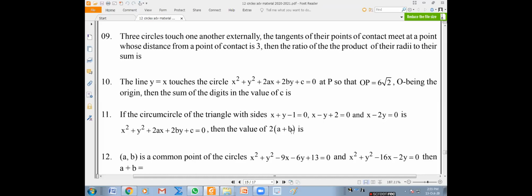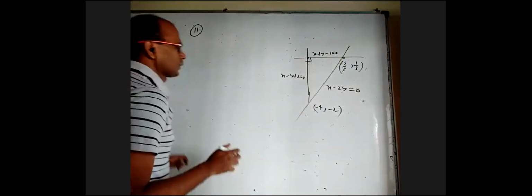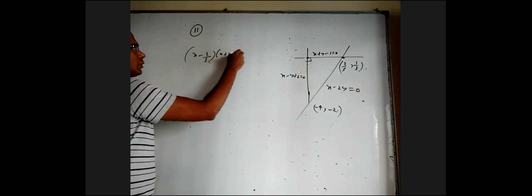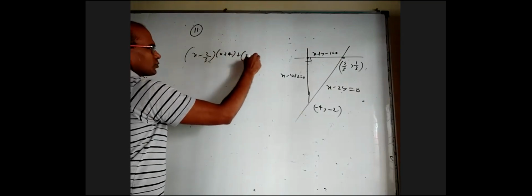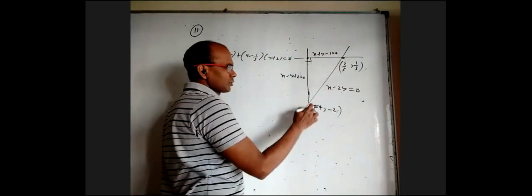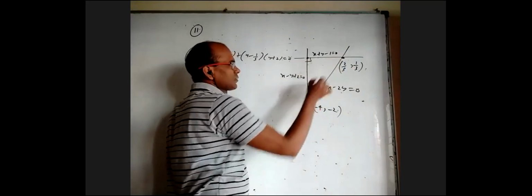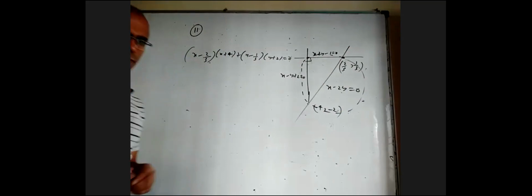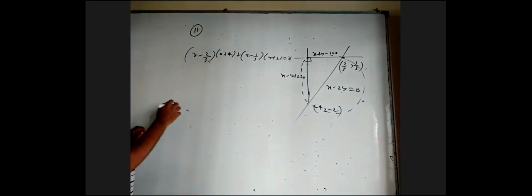Yeah. You take them as ends of diameter. So these are the given 3 sides, two of which are perpendicular. So this point is not required to find. A circle with these two as ends of diameter will pass through this also. So we'll have (x minus 2 by 3)(x plus 2) and (y minus 1 by 3)(y plus 2) equal to 0. We got this point by solving these two, and we got this point by solving these two. If you take these as ends of diameter, the circle will pass through the right angle. That's just a matter of simplification.